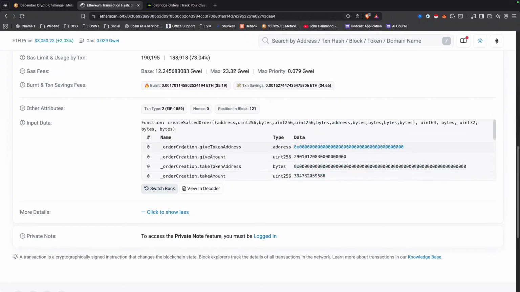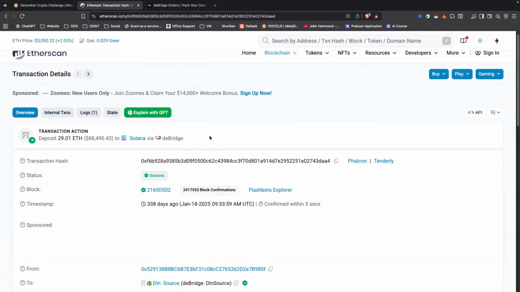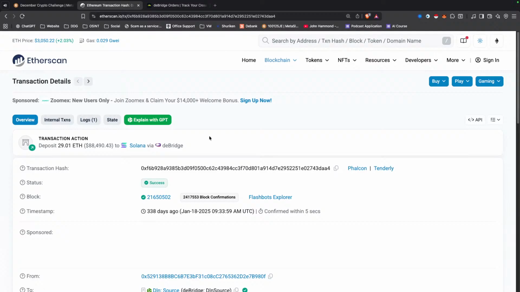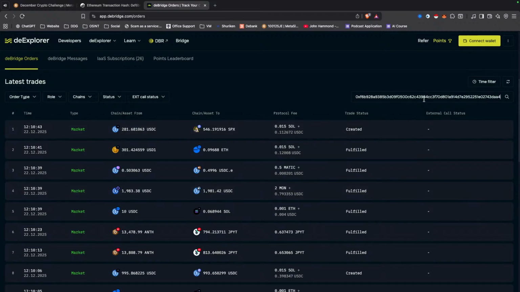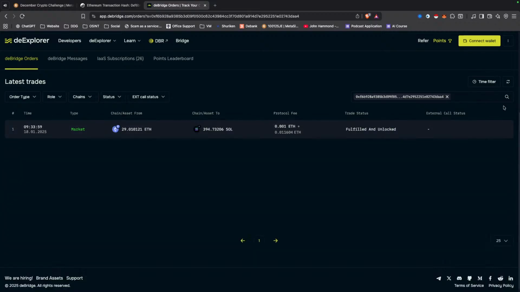Well, the transaction's more specific, right? Whilst you could put in an address, that address may have 20 sets of bridges, so you may have to go sifting through some of those transactions. But if you've got the transaction hash, there's only one transaction with that, right? So let's put that in. Let's put that into here. See what comes up.